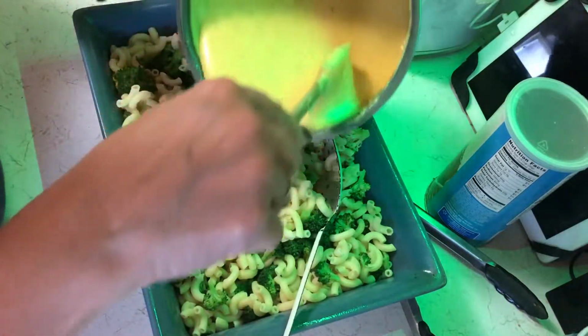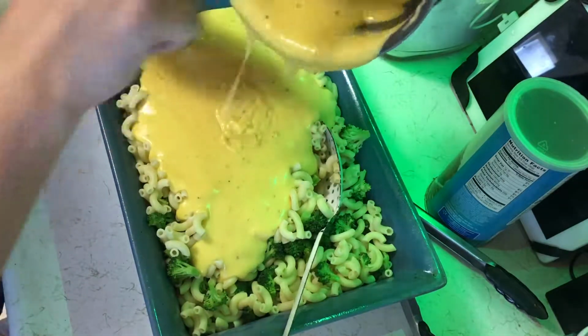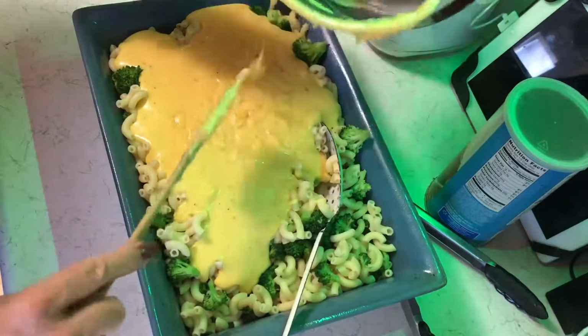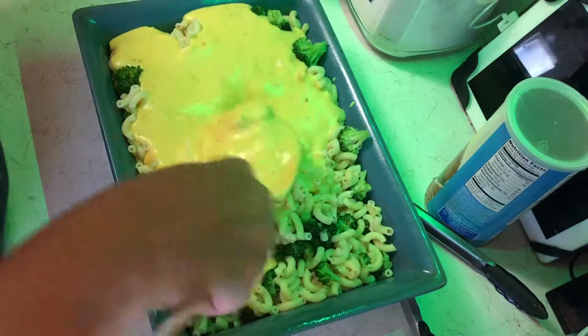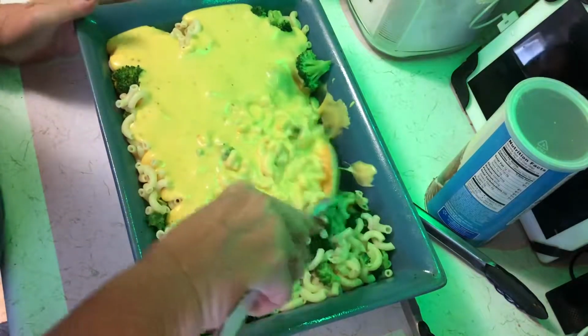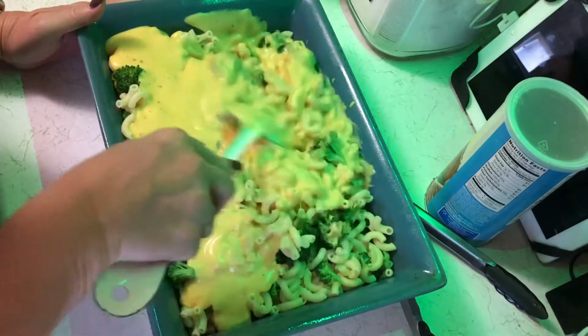Okay, so let me pour this over my macaroni and stir this up. Do you have to cover it? Let me see. Nope, just says bake in the oven. So I did, again, I went ahead and just sprayed a little bit of...